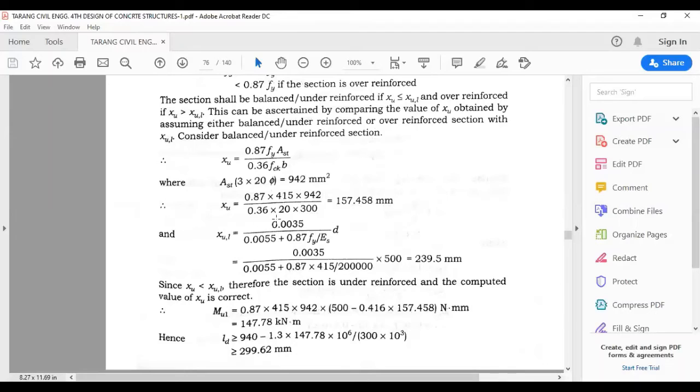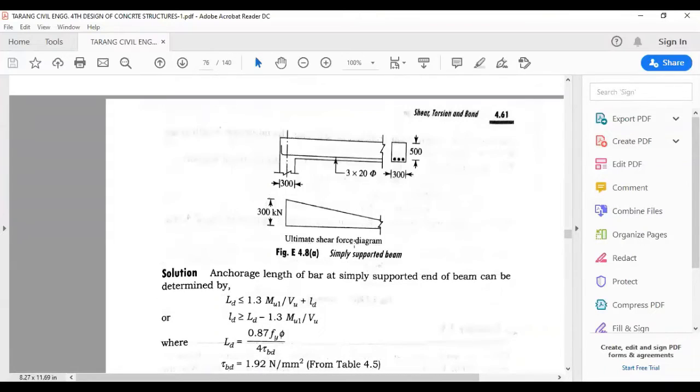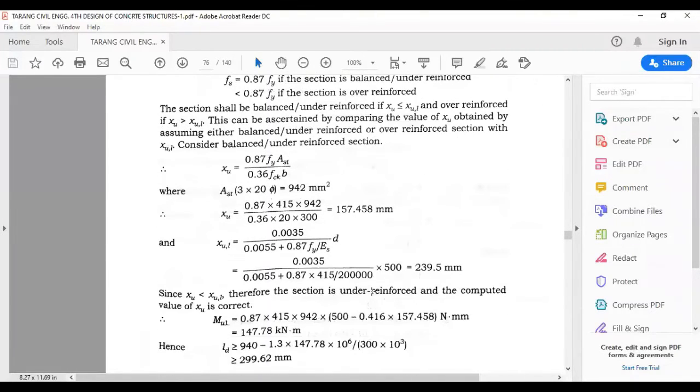Now finding the value of Xu1. So this is the formula that we have been discussing. Xu1 is given by 0.0035 upon 0.0055 plus 0.87 Fy upon Es, which is multiplied by d. So the value of Es is 2 into 10 raised to the power 5, Young's modulus, as we all know. And keeping all those values, Fy is 415, d is 500. Yes, small d, effective depth, is 500, it is given. So it comes out to be